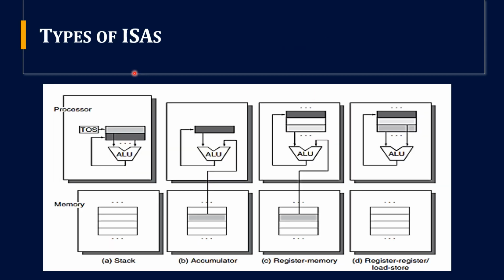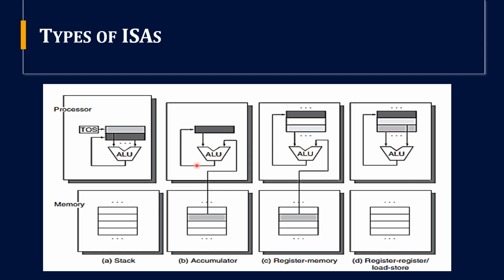The operand locations for different types of ISAs are shown here. The arrows indicate whether the operand is an input or the output from the ALU unit. The lighter shades indicate inputs and the dark shade indicates the result. Okay, fine. Now let's look into the first type of ISA, that is the stack ISA. In the case of stack ISA, the operands are there in the stack itself. So from the top of the stack, the operands are taken and the ALU operations are performed and the result will be stored back onto the register.